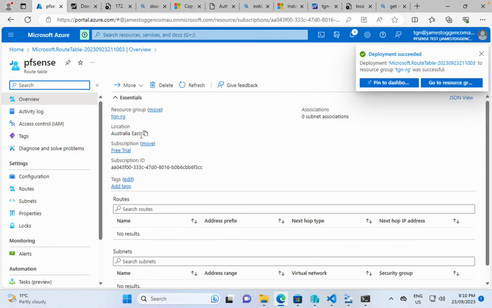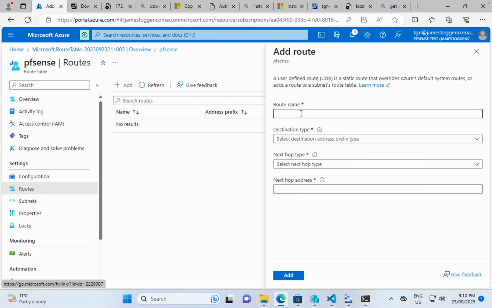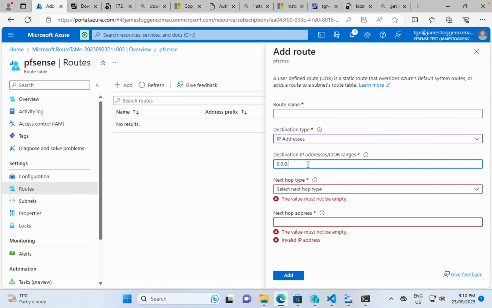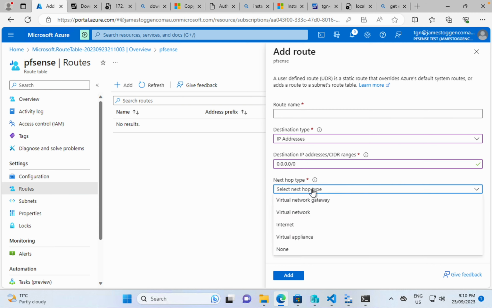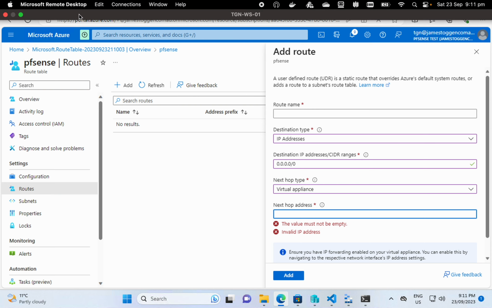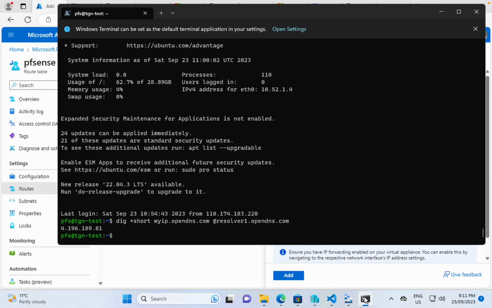Now we go to that resource, and we need to say we want to add a route, and the route name is... okay, so it's the IP address of the next hop. Now we know the next hop is... what is the next hop? It's the